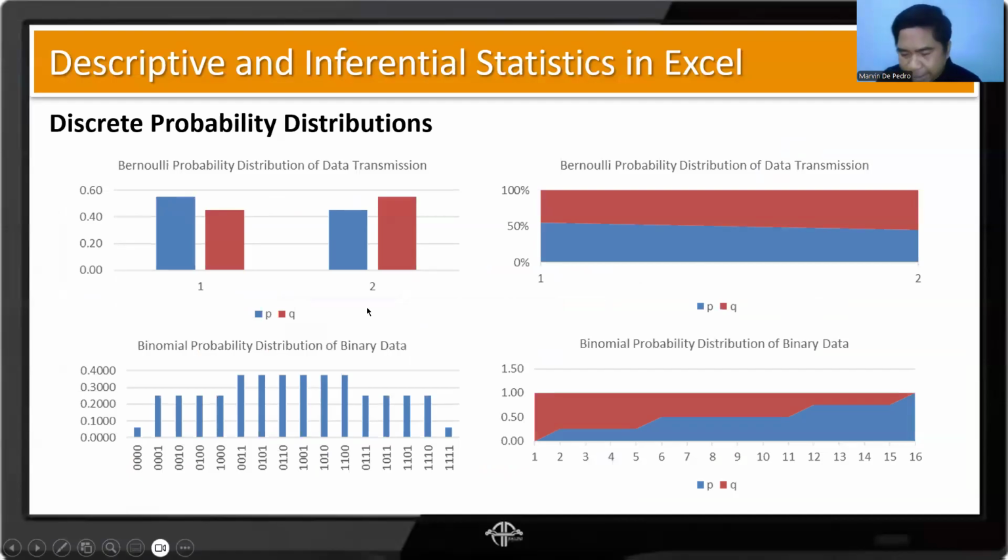Now, this is something that we skipped during the module 1 discussion, because these are better discussed using visualizations. So now, discrete probability distributions, we are showing how data is spread, or distributed. The simplest type of discrete probability distribution is the Bernoulli one, because we only have two possible values, like pass or fail.